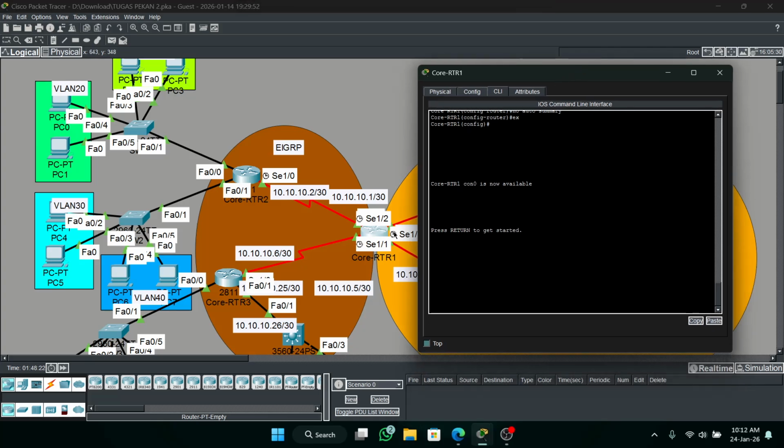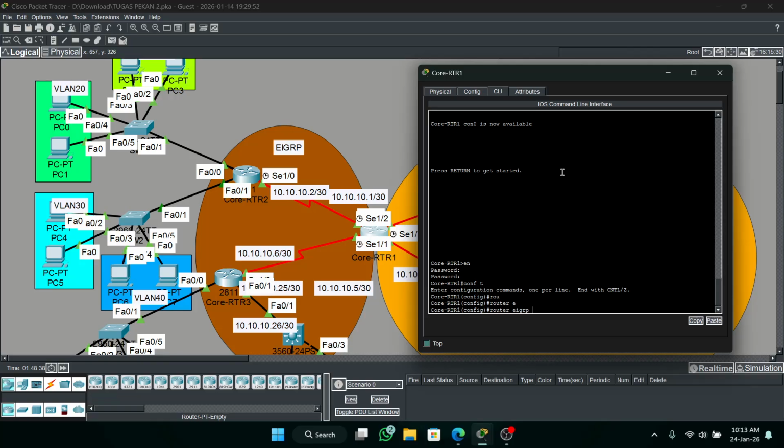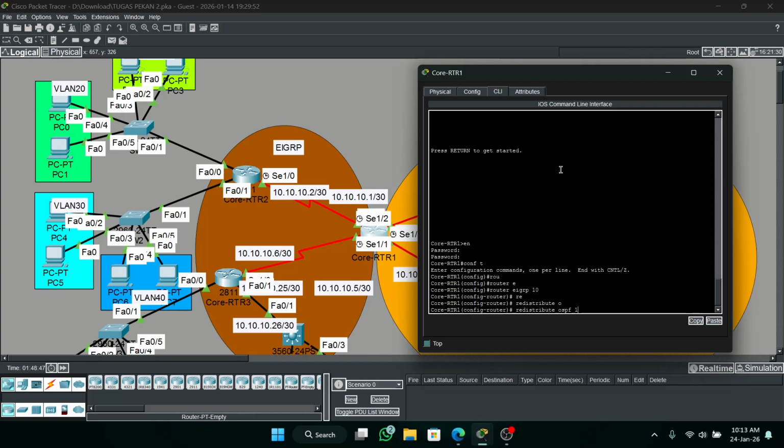Go to configure, go to router 1. Type the command. Enter EIGRP first, EIGRP 10. Then you must add the command redistribute OSPF, type the OSPF ID.